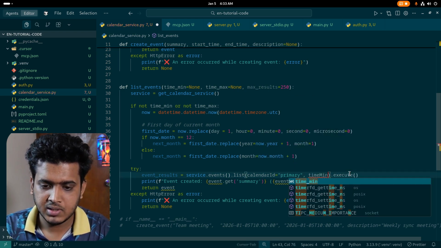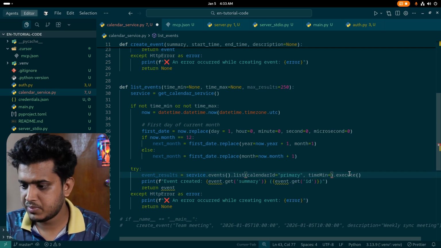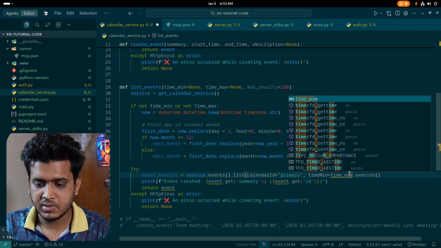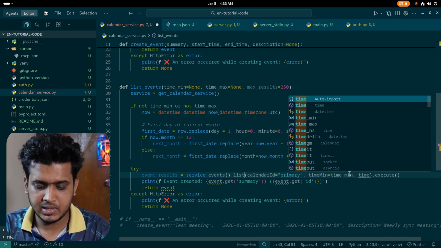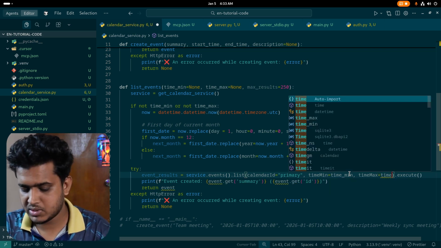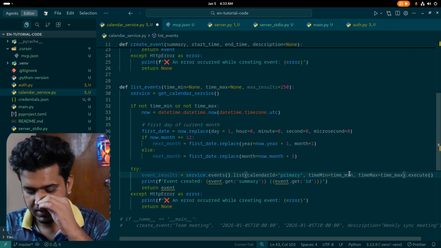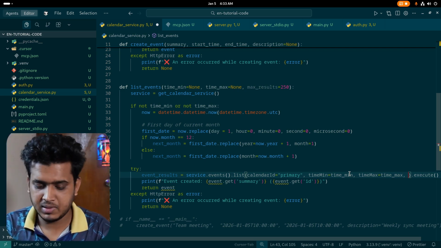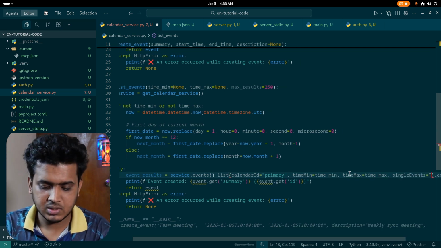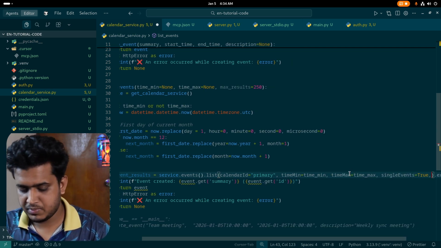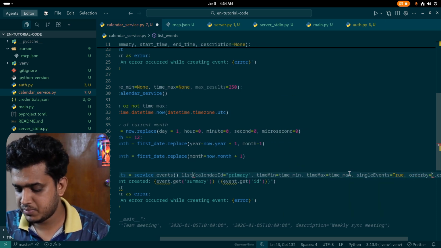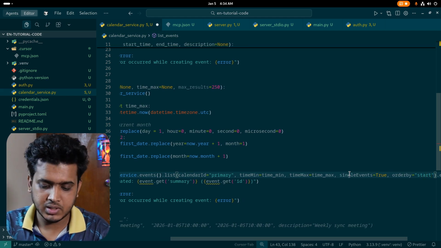timeMin is equal time_min, comma, timeMax is equal time_max. Then we'll have singleEvents, which is true. Then orderBy is equal startTime,